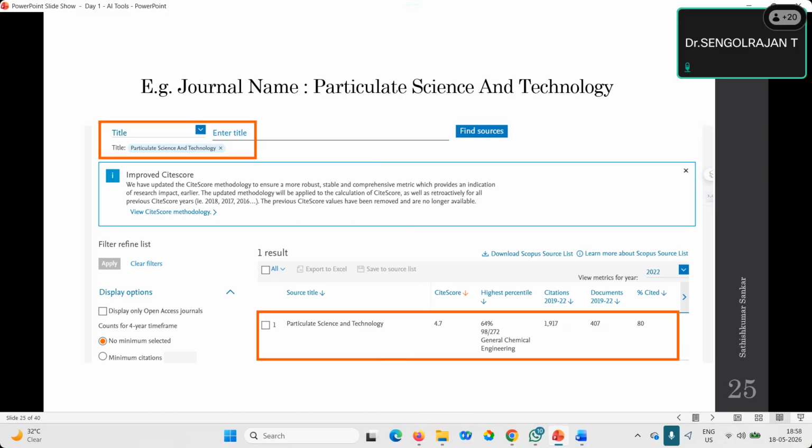Then one more thing: in most journals, if you see the homepage, the local journals show a high impact factor, sir, like 6.5, 8 and so on. How to identify that? My first suggestion, sir,